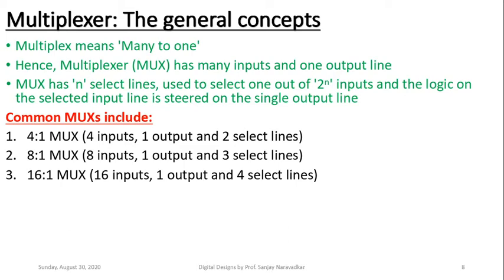Otherwise, if multiplexers would not have been present, then probably for 100 channels to watch, I need to put up each individual line, each individual cable for each of that channel. So 100 channels, 100 cables would be dropped down to your home. Okay, this entire complexity of that hardware has been reduced down due to that multiplexer design here. Of course, I am talking about only the digital multiplexers.